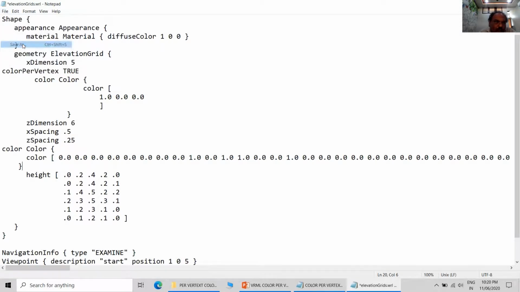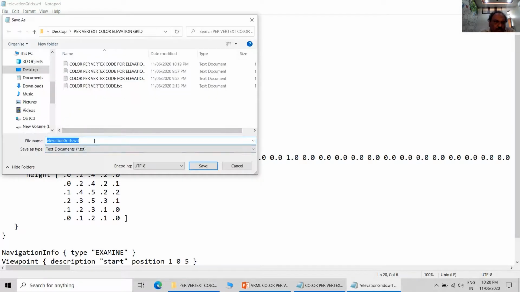And then you can save this with a new name: elevation grid with third set WRL.